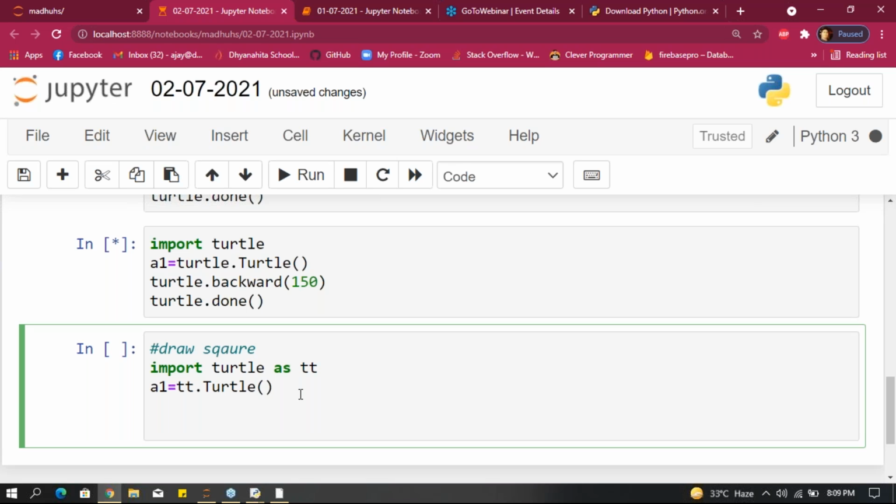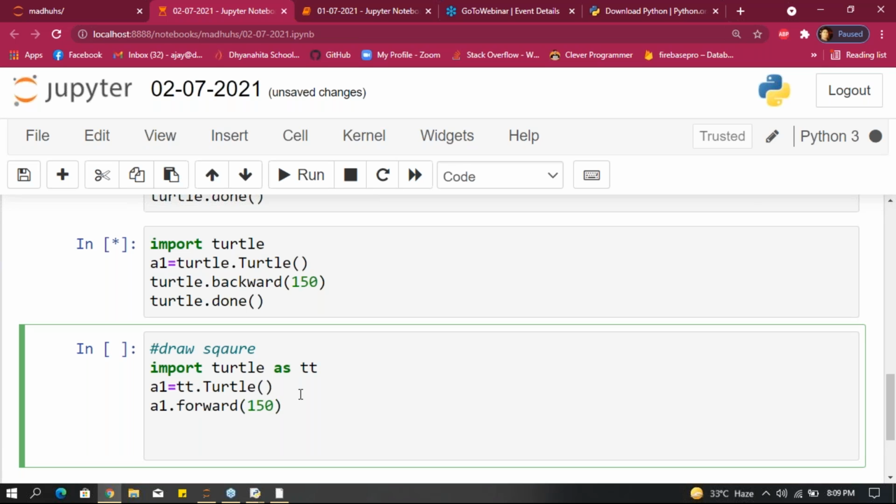After that, a square has four sides and each side has an angle. For that reason, I'm doing a1 dot forward, take 150 pixels, guys.